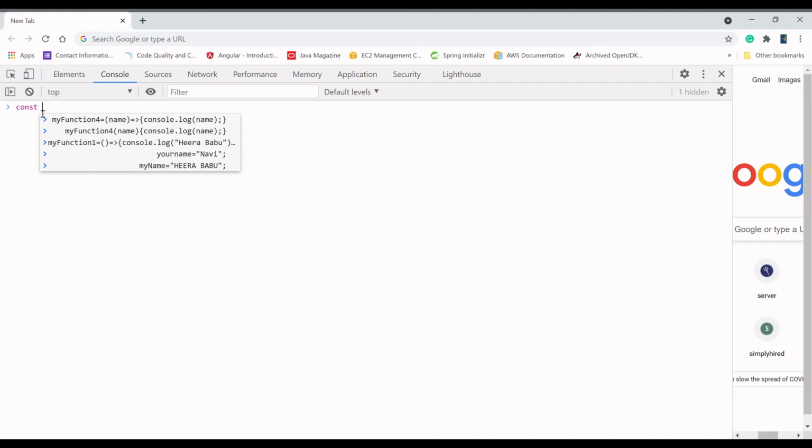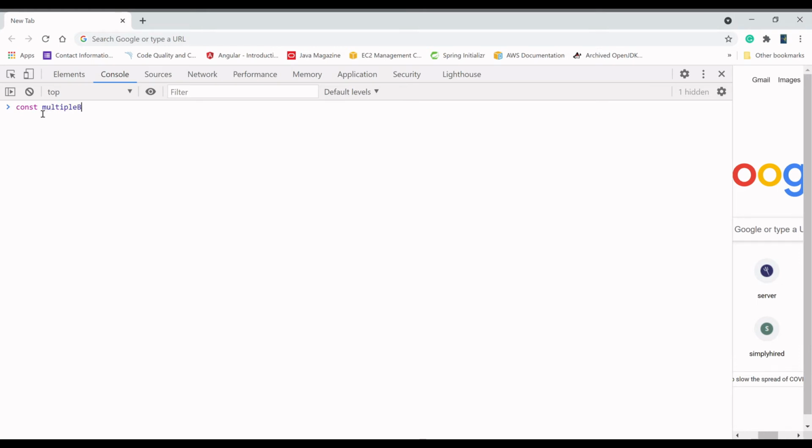I'm going to write a multiply by 2 method, and I can give it the name multiple of 2. I'm going to write this method like this first, so you will understand.